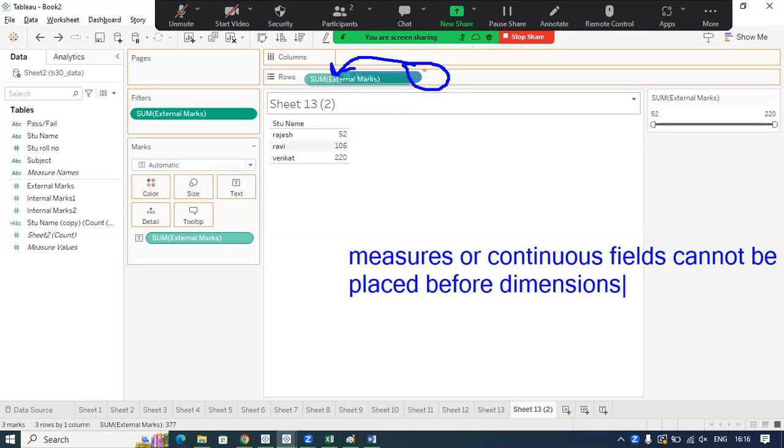Measures are continuous fields, and they cannot be placed before dimensions or between dimensions. We cannot directly place our measures or continuous fields before dimensions or between dimensions. Measures can always be placed only at the end. In either the row shelf or the column shelf, we can place our measures only after dimensions, not before dimensions or